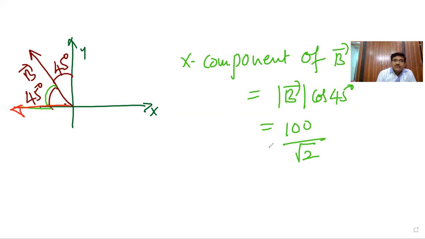Towards the negative axis, so it is minus. With respect to direction, it is minus 1 by 2. Understand? The direction is towards this side. Similarly, the y component of